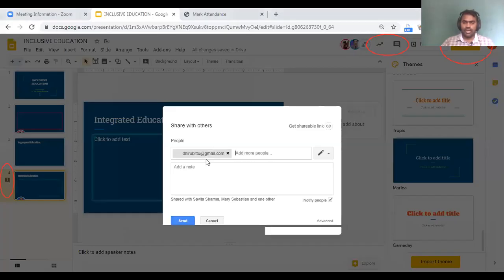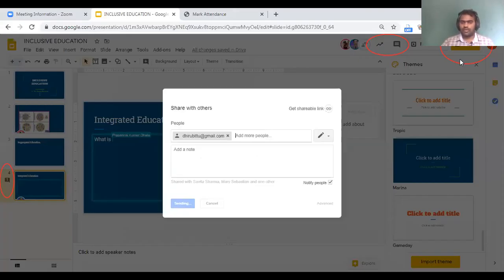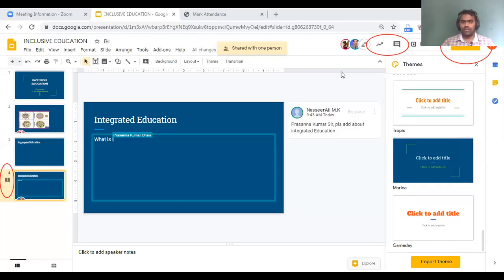See, if you are assigning your group of students, now in B.Ed colleges and all, only a few students are there in optional classrooms, isn't it? So you can create one slide when you give some assignment to create a presentation, and share it with them. So you can even monitor who is working and how they are working.